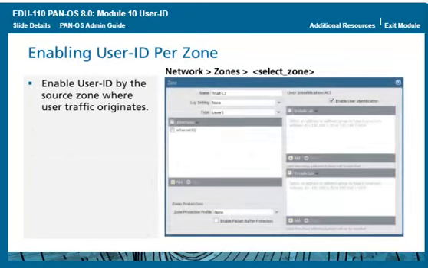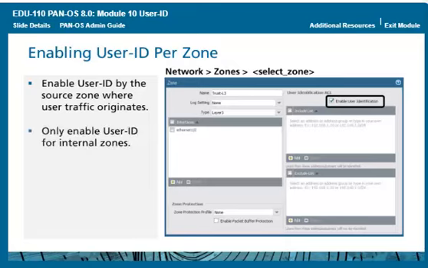Enable User-ID technology per zone on the firewall. For each zone, you must click the Enable User Identification checkbox to activate User-ID on the zone. User-ID tracks only users associated with the source zone of a session. Never enable User-ID for a zone that contains the Internet, or your firewall will attempt to identify every user